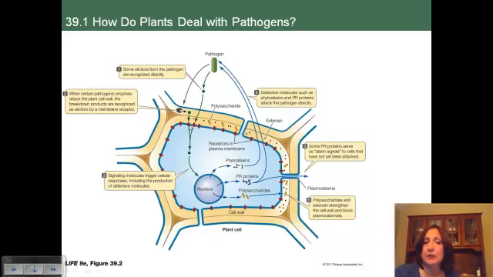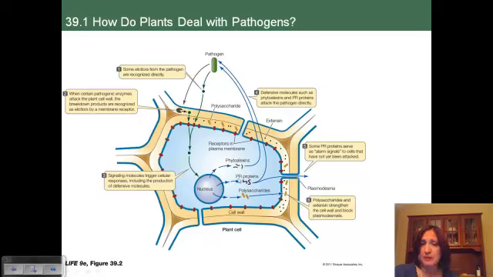So again, a signal molecule binding to a receptor is going to cause a signal transduction pathway and some kind of cellular response. In this case, it's going to cause the transcription of certain genes within the nucleus. Certain genes might code ultimately to make some polysaccharides, and the polysaccharides will then be embedded in the cell wall along with some extensin, and that's going to help strengthen the cell wall to prevent further damage or further infection or invasion. The other genes could code for these